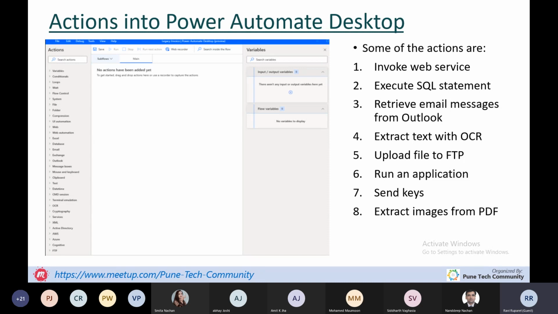If we want to run any application on our system, there is an action to run an application where we define the exe file path and it will trigger that specific application. With the send keys action, if I have a text box in any window and I want to type anything, we can use this. Another one is extract images from PDF. If I have 5 to 6 images in a specific PDF file, we can fetch these images and store them in our local drives.